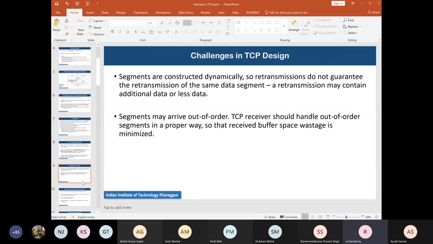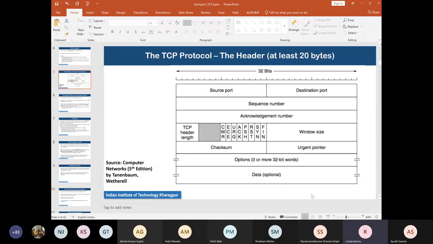So how do I calculate? The calculation is based on the fact that the